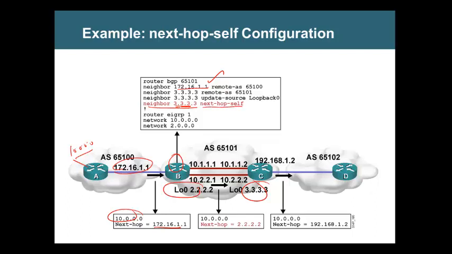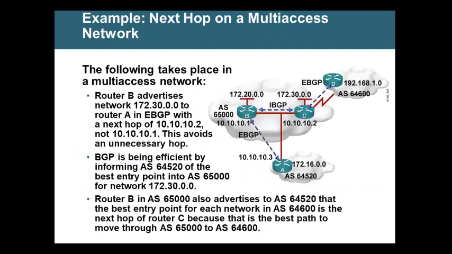Now on C, you need not say this, because by default, when C gives to another autonomous system, it will put the address which is used to form the neighbor, which is 192.168.2.1. You understood, sir? Now the challenging part is coming here. I want you to give it five times reading, and then I'll come and explain it.